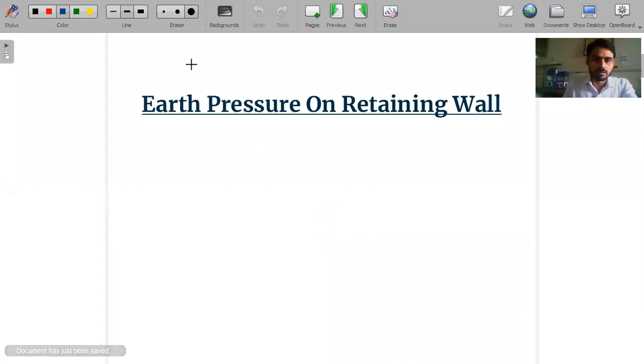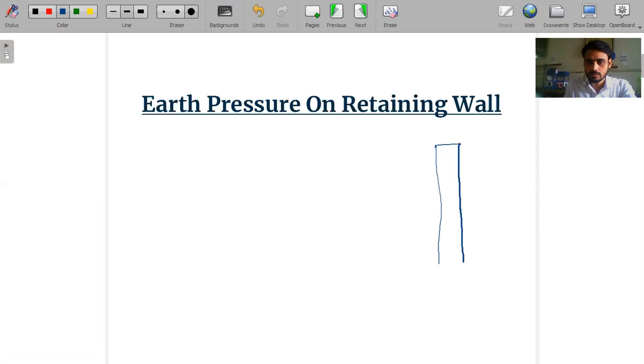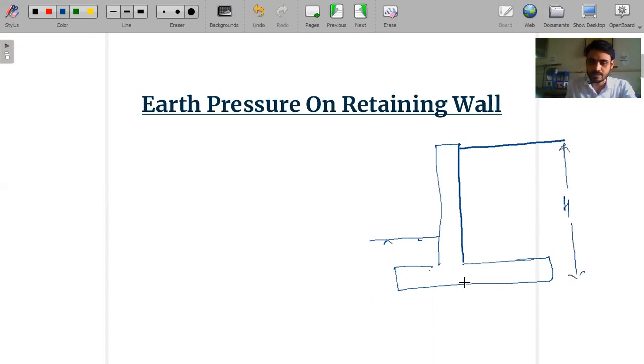Earth pressure on retaining wall. First of all, if we talk about the components of a retaining wall, the normal retaining walls which we generally use nowadays are cantilever and counterfort. If we talk about cantilever, this is a type of retaining wall. In this pattern, the retaining wall is constructed. Suppose this is the original ground level and this is the height of soil which we have to retain by that particular retaining wall. That is H. And that is the depth of footing for the retaining wall, which is denoted by Y.